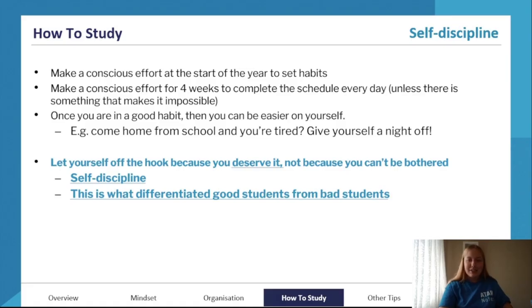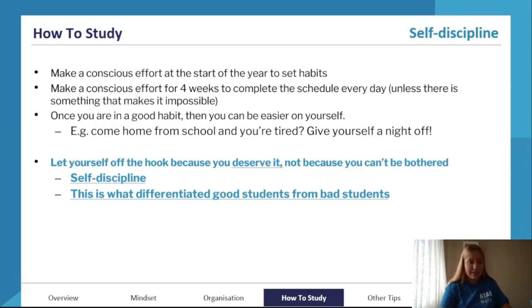And a really important thing to talk about is self-discipline as well. So that means being in control of yourself, really well. So how can we self-discipline ourselves? Well, first of all, making a conscious effort at the start of the year to set habits and good habits